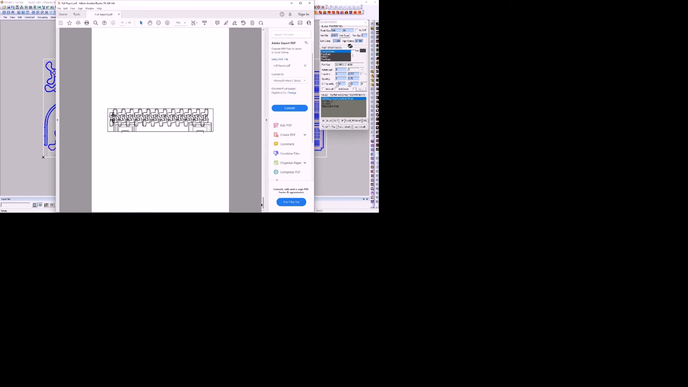It's pretty full of information. That's actually what you will need for your operator, your punch press operator, laser operator,